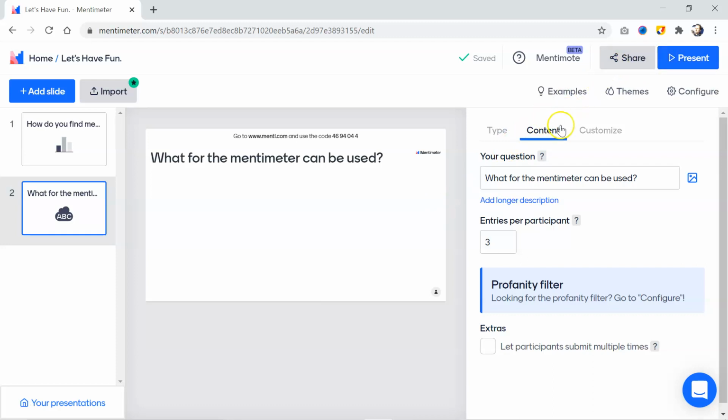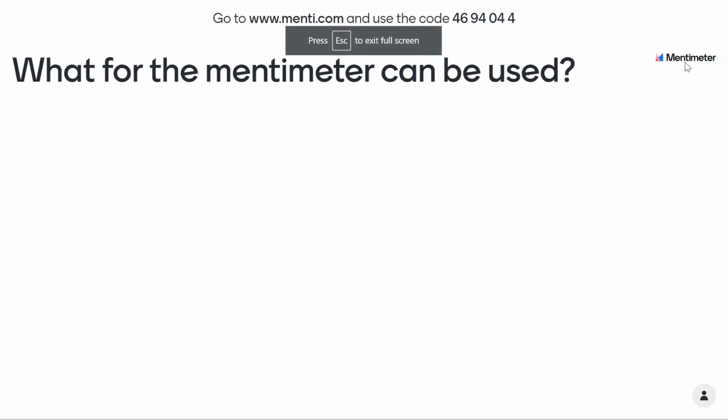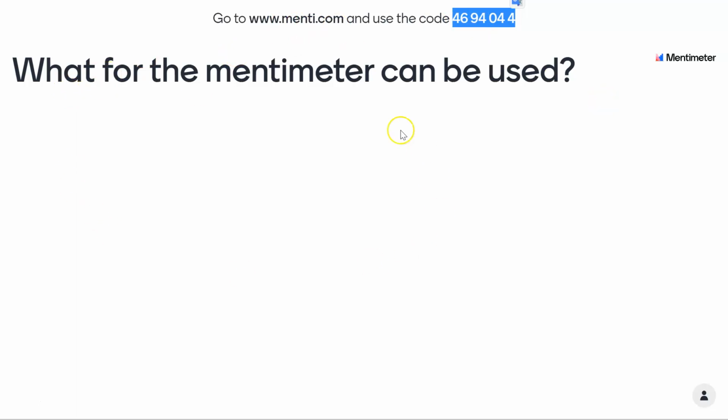Now it's time to present. If you are satisfied with this questionnaire and all the settings, you may go for the present option. So on the screen your audience can access your questionnaire, and they need to go to www.menti.com and use the code given on this slide, and by accessing with this code on menti.com, the slide will be visible on their smartphones.